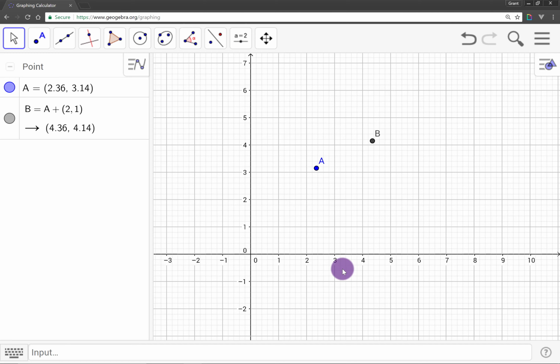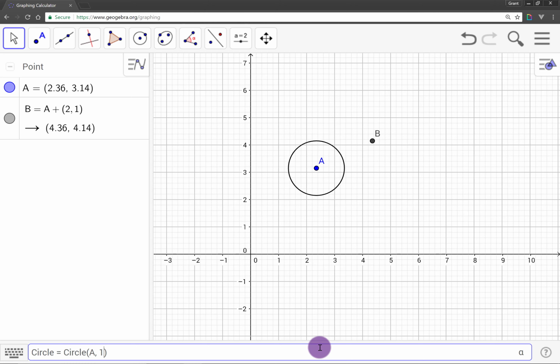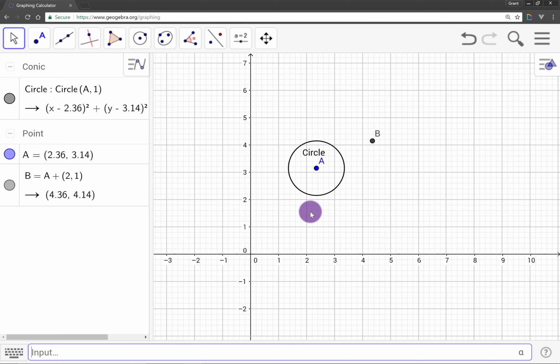Let's look at 2 more commands that will create points in slightly different ways. So first I'm going to create a circle. I'm just going to name it circle, and we'll use a circle function, and don't worry about the details of this, I'll cover it in a different video. We're just going to create a circle around the point A,